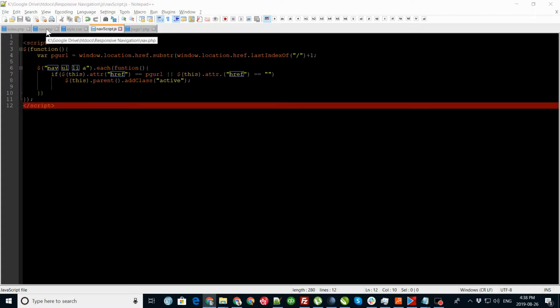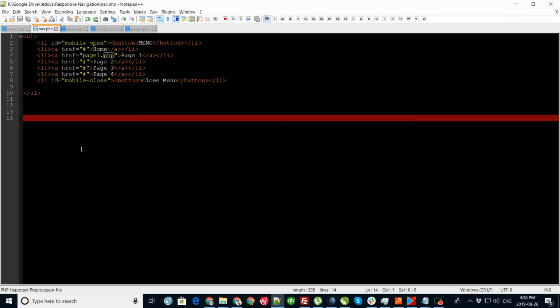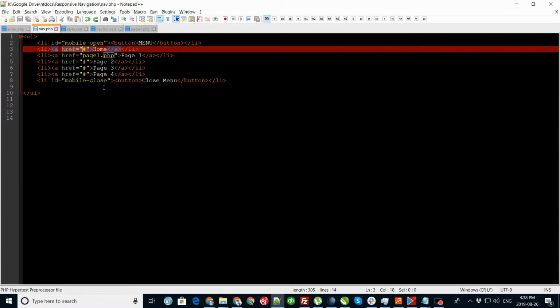Okay, so one of the things that I forgot to do is to tell this that this is the index.php page. So we'll save that. Okay, we're going to write the JavaScript. So let me just check that